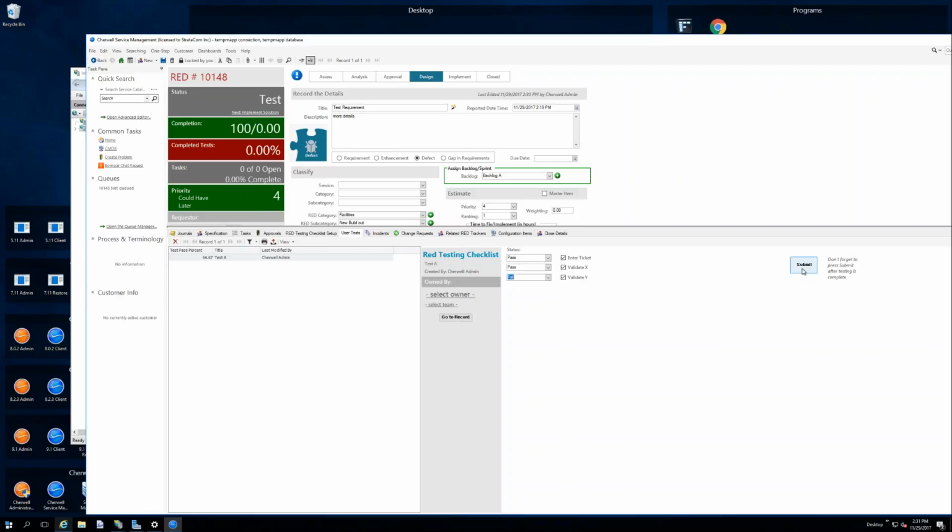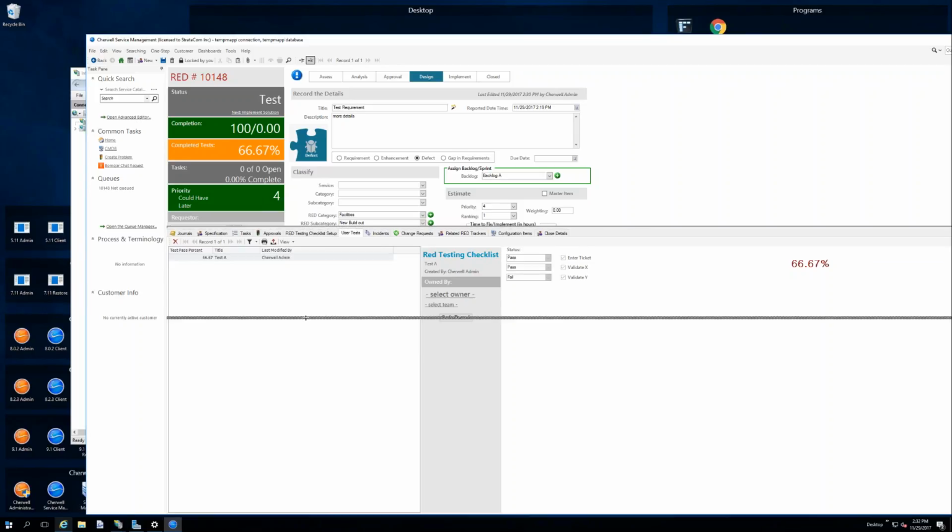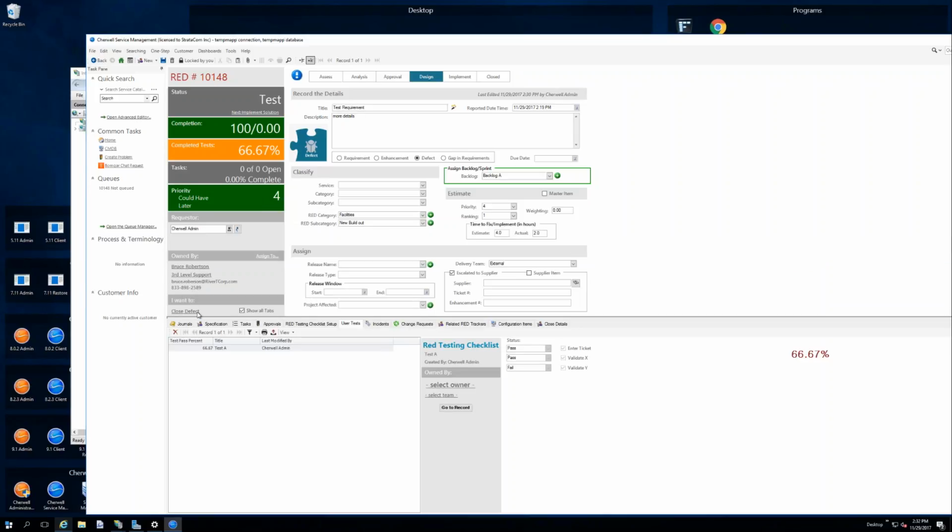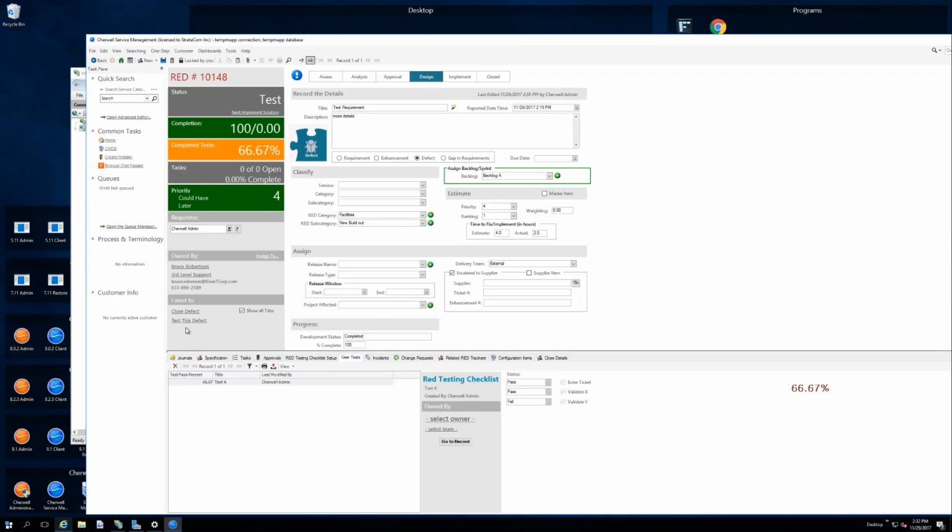So here I'm going to go through. I have 2 passes and 1 fail, and I submit. And so my tests that I've completed thus far equal 66.67%. So I would probably want to make some changes and have a couple more people go in and test. And each test that I do, if I go in and test this again,